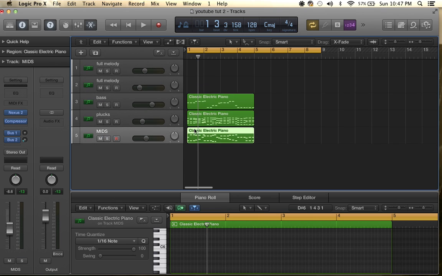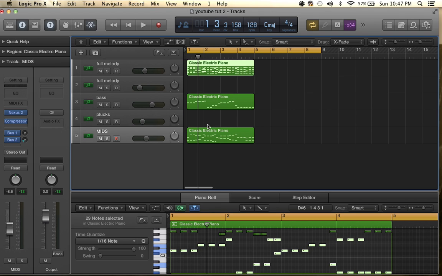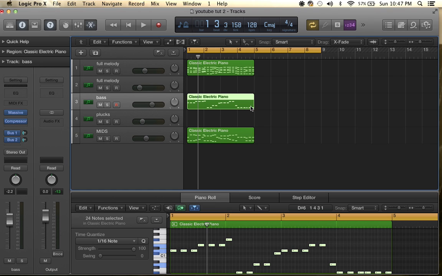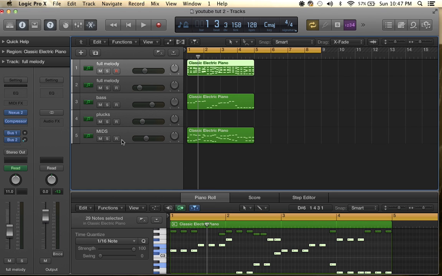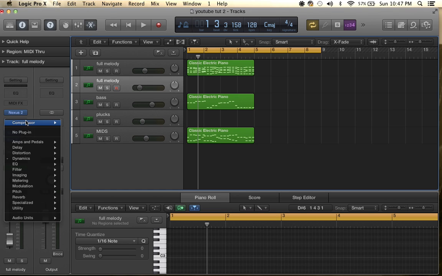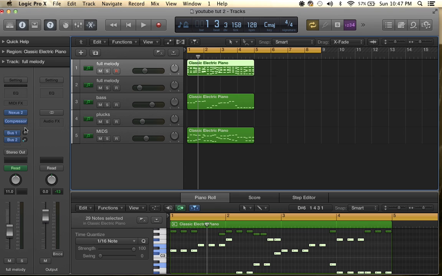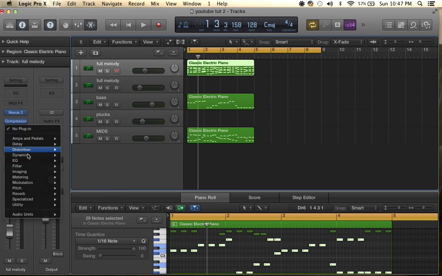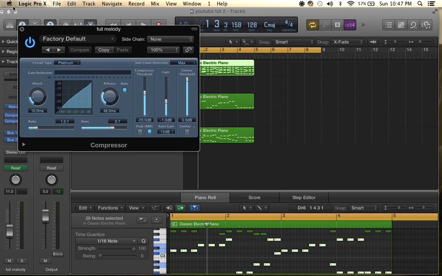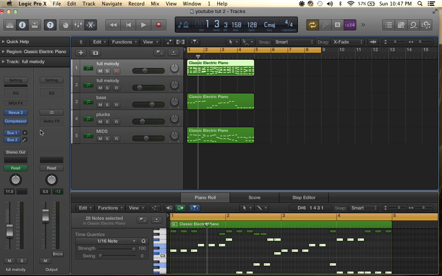Okay, so now the important part, I'm going to start compressing all of these layers to this bass line. Now to do that, I added a compressor to all of the tracks. See the compressor here? To add a compressor to all these tracks, you would go over here, go to Dynamics, Compressor, and then Stereo. And that's what happens when you bring up a compressor. So we're just going to take that off because I already have it added.